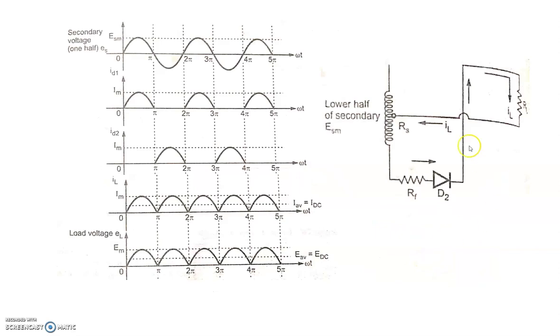Next one, during the negative half cycle, diode D2 will conduct and D1 remains reverse biased. The current flows through the circuit in this fashion. Once again, we assume these diodes are ideal diodes, and this Vin voltage will also appear across the load resistor RL, in the same direction. This circuit represents the equivalent circuit during the negative half cycle of the full wave rectifier.